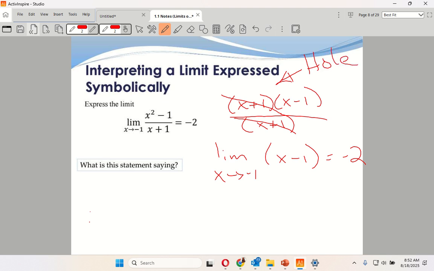There is a hole. If I were to graph it, it would look like a straight line, but it would not be equal at -1. I'd have a straight line, and at -1, I would actually have an open circle. Or if I had the domain, I would go from -infinity to -1, union, -1,